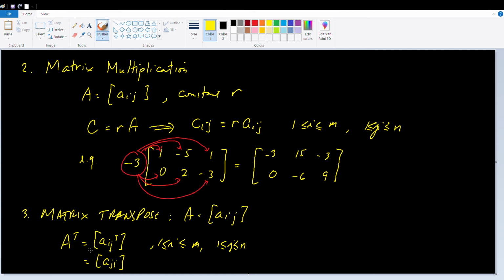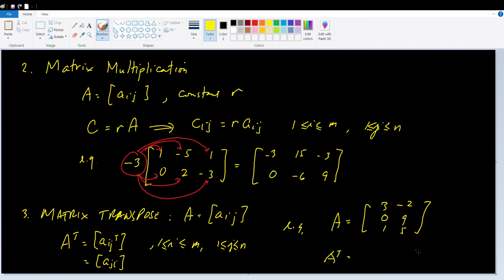In other words, the transpose consists of the elements of A where the row position becomes the column and the column becomes the row. So for example, if A is 3, negative 2, 0, 9, 1, 5, the transpose will be